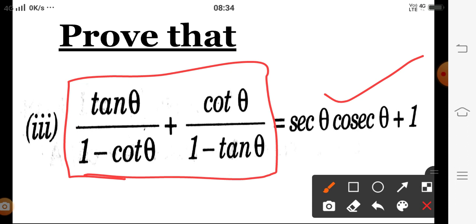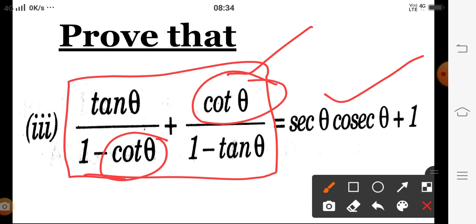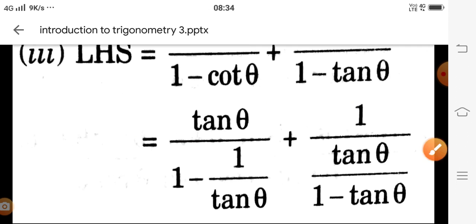Then what we are observing, we are able to reduce this left hand side. When we are solving trigonometric problems, we have 2 or 3 methods for solving these questions. You are free to do it by any method, you are free to do any conversion. Here, if tan is given, then I am able to write tan theta as sin theta upon cos theta, or I may take this value as it is, only converting cot theta in terms of tan theta. Then let us solve this question.